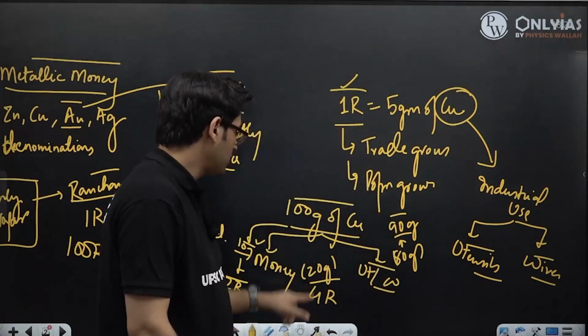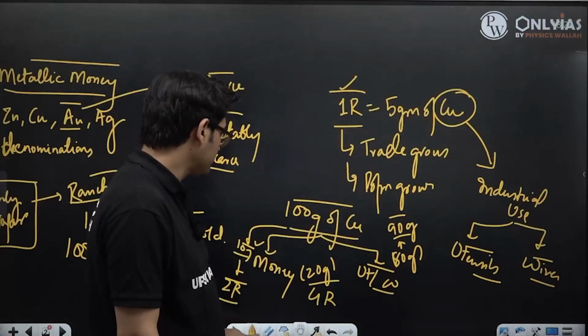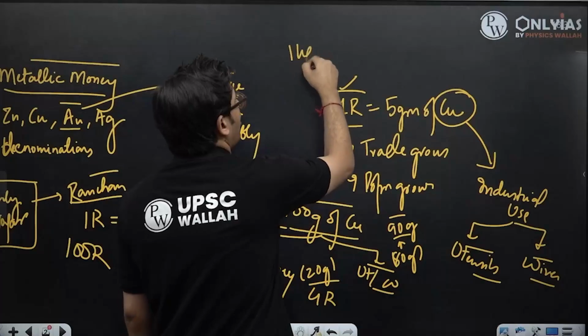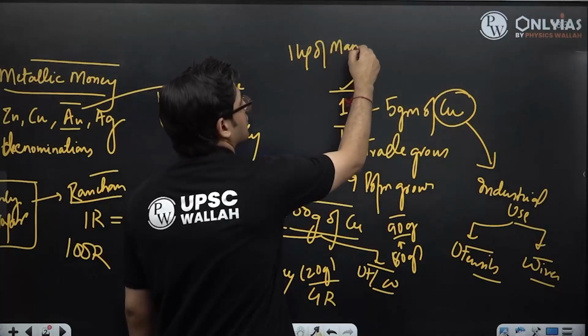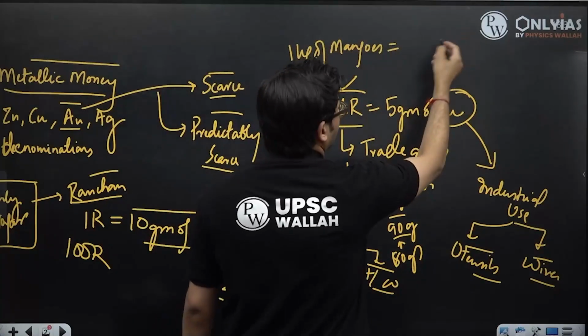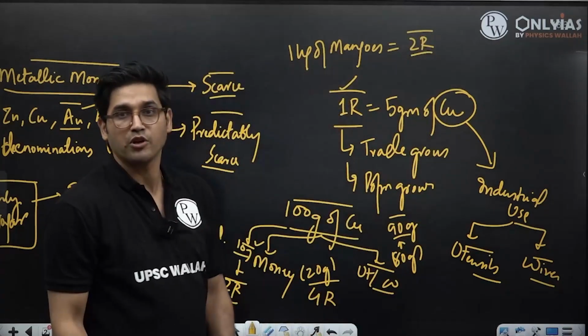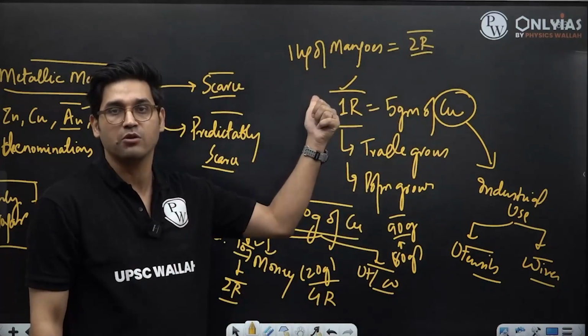That means that if a mango seller was selling 1 kg of mangoes to me for, let's say, 2 Ranchans,